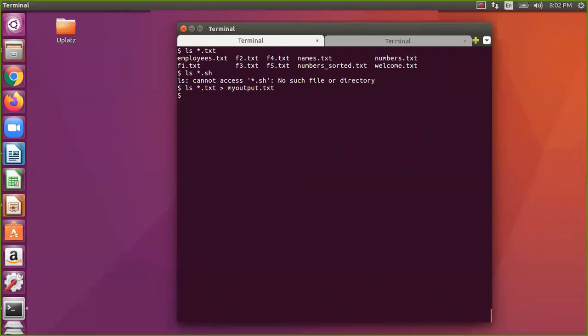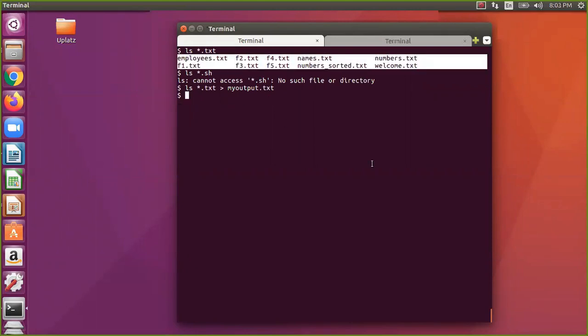Now if you see, this output is not displayed on the screen but is redirected to the file. Now let us see the same thing with star.sh, redirecting to the error file, my error dot txt.